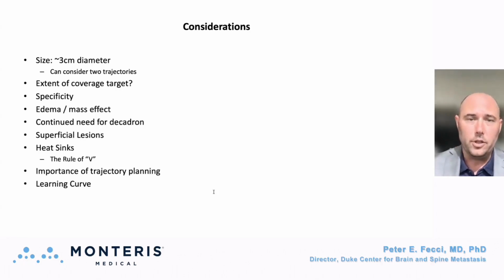What's the extent of coverage that you need? There are some data out there to suggest that it very much mimics the situation with resection, i.e., once you start to cross about the 80% threshold, you will have a benefit. But of course, just like resection, maximal safe targeting is the goal. Heat is not specific for tumors, so that's why you need the surgeon there watching how the heat is behaving. You need to be able to stop heating in one direction if heat starts to go out into an eloquent area. However, you will note that lesions, and often necrotic lesions, do tend to heat more quickly than surrounding normal